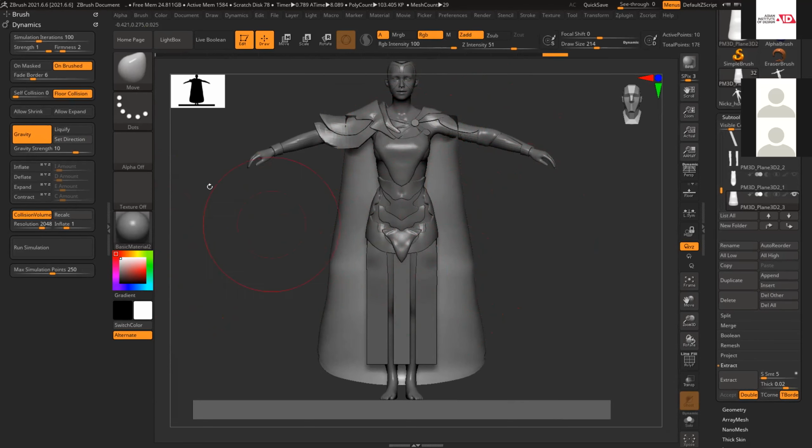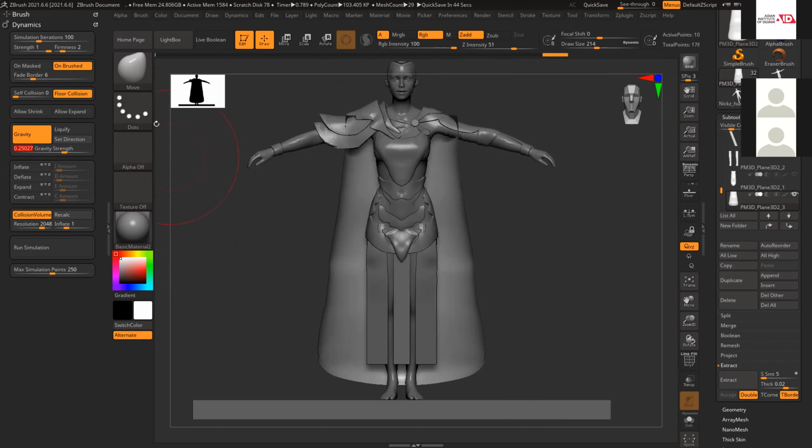Now this is my cloth. So gravity strength is 10. Reduce it slightly, as 10 is very strong. And maximum simulation point, if you want, you can increase and decrease. If you reduce the gravity strength, it has more time to simulate, so it will give you a more accurate simulation. If you simulate really quickly, it will just drag the model and make it elongated, nothing will happen.